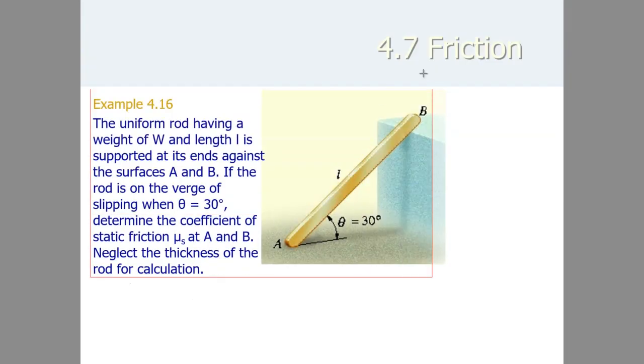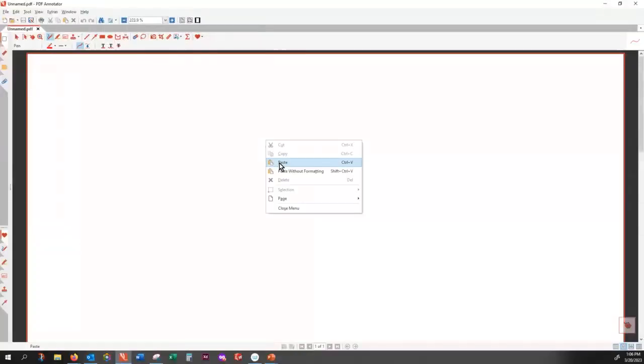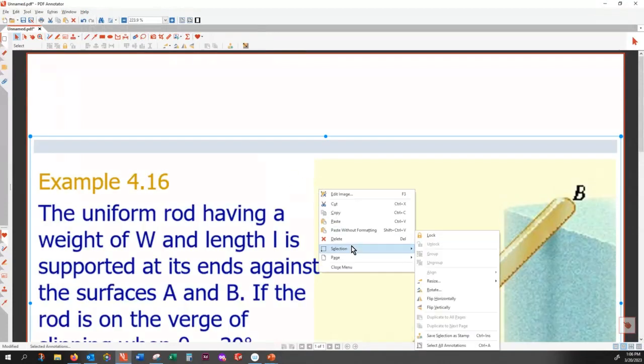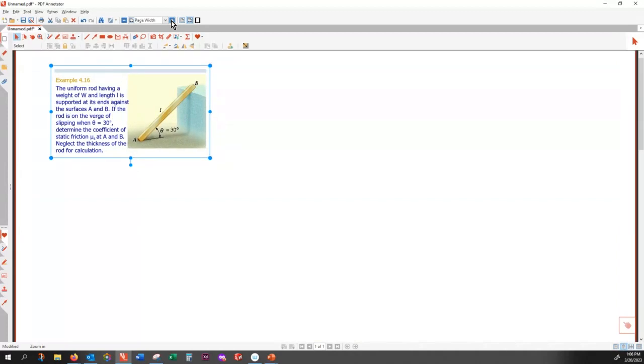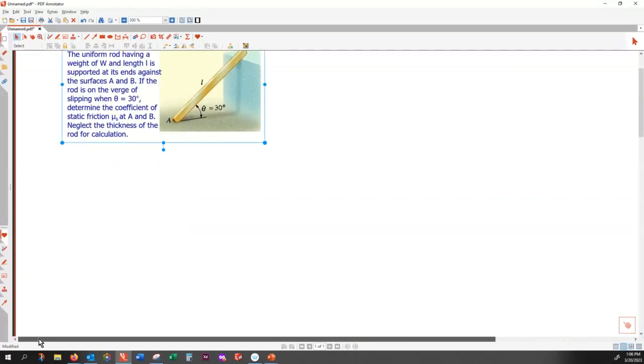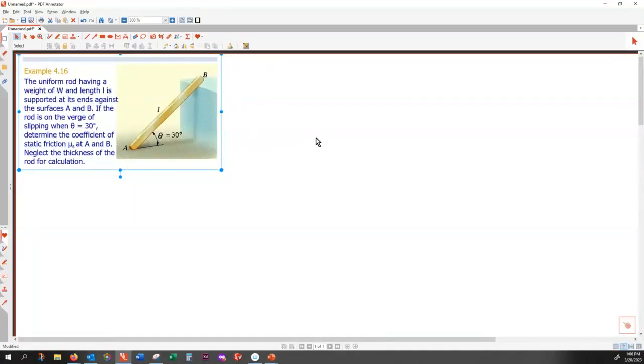I start with the free body diagram of the bar, and to make that free body diagram, you have to visualize this object as if it has a hypothetical motion. That motion will be how this motion would start. Well, the thing is, this particle either is in the no motion zone, part A and B, onset of motion, part A and B, or motion at part A and B. So whatever regime of friction, that would be the same for both points, either point A or B. So let's make a